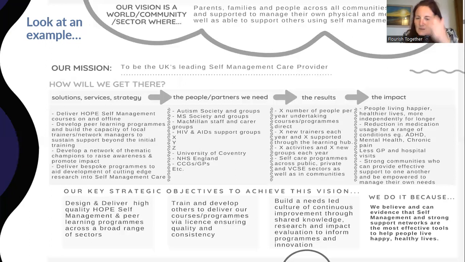People might be experiencing less frustration or less ill health, or be able to manage chronic conditions better. There'll be fewer GP and hospital visits, and they'll have strong communities, and communities of experience, who can provide effective support to one another and be empowered to manage their own needs. So that's what they envisage their impact is going to be, and they're putting in some quite powerful statements